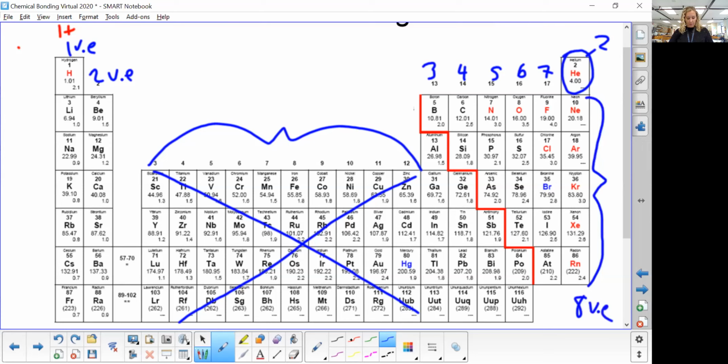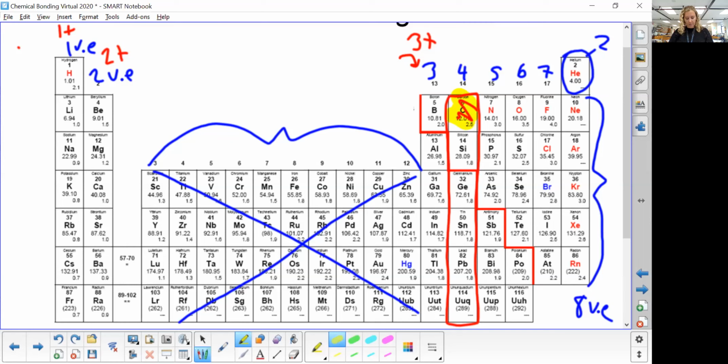So if we go back, if you have 1 valence electron, it's easier to lose 1 and go back to the previous energy level from that 1 positive ion. If you have 2 valence, you're going to lose 2 and form a 2 positive ion. If you're in group 13 or 3, you have 3 valence electrons, and so you're going to form a 3 positive ion. Now, group 14, we talked about, doesn't really form ions, at least not carbon